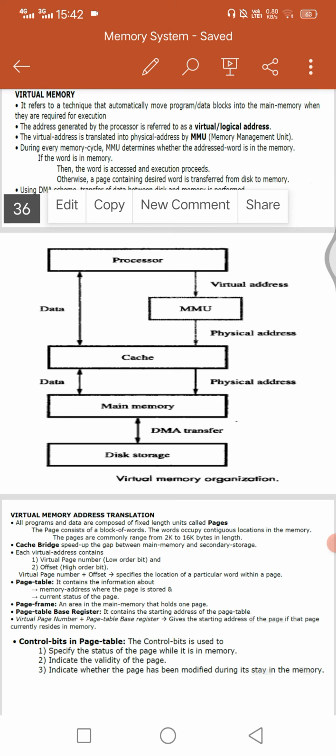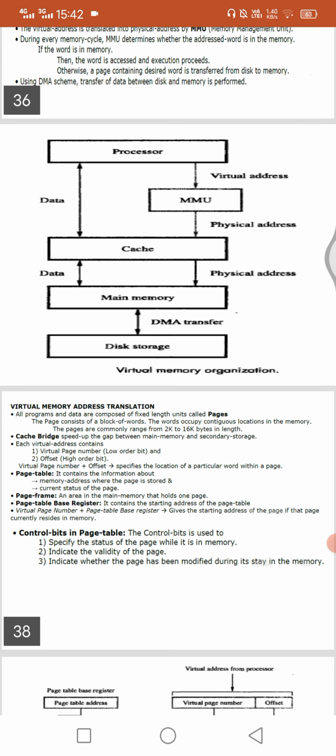Why are we using DMA transfer here? The disk is a slow unit. When compared to main memory, disk storage capacity is very high, so fetching becomes very slow. With the help of DMA transfer, we reduce that time.